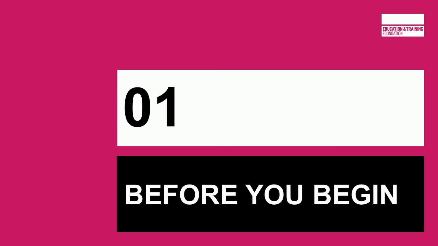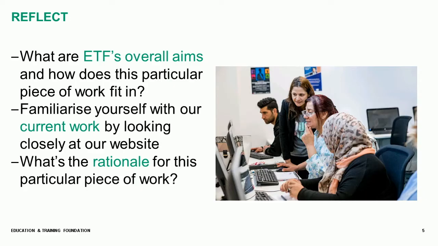Okay, so let's start right at the beginning. Before you even begin writing a tender response, what we'd really like you to do is look at the Foundation's website and look at what we do. What are our aims and objectives? We are here to support the workforce in its entirety across different settings: further education colleges, offender learning, independent training providers, and adult and community learning. So you may be from a particular part of the sector, and we value your expertise because of that, but our work covers the whole sector. So have a look at what else we do.